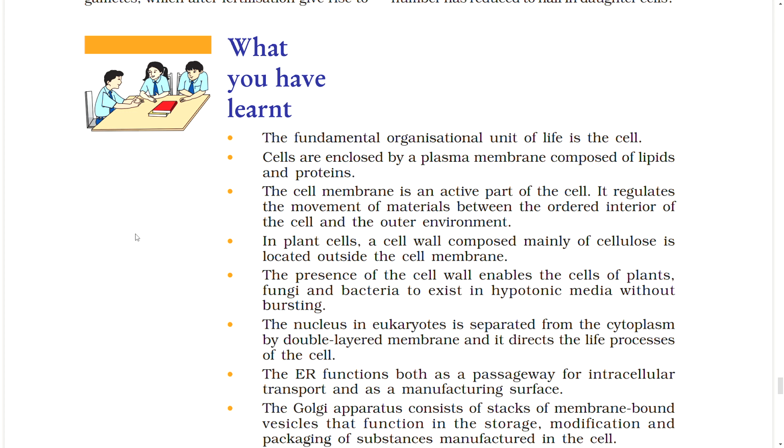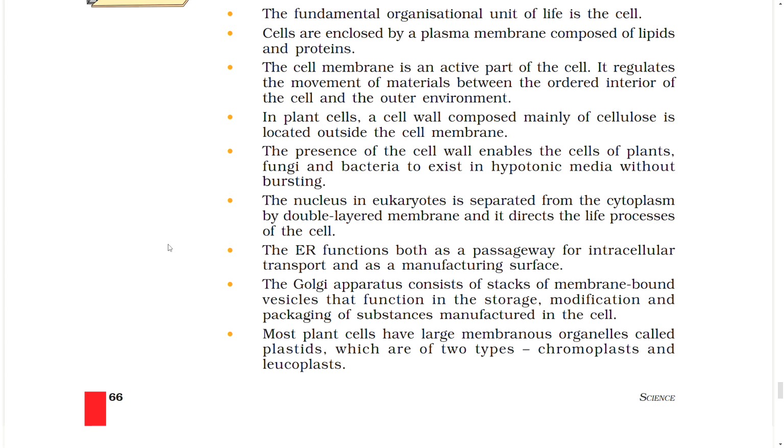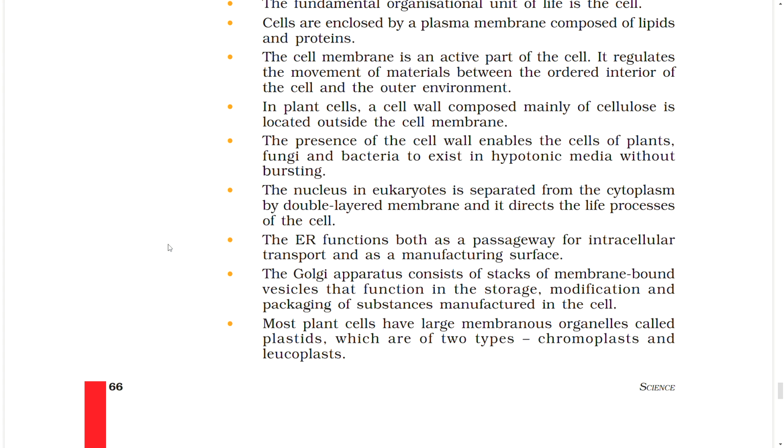In plant cells, a cell wall composed mainly of cellulose is located outside the cell membrane. The presence of the cell wall enables the cells of plants, fungi and bacteria to exist in hypotonic media without bursting. The nucleus in eukaryotes is separated from the cytoplasm by a double-layered membrane and it directs the life processes of